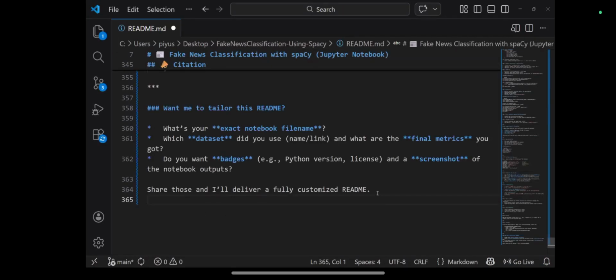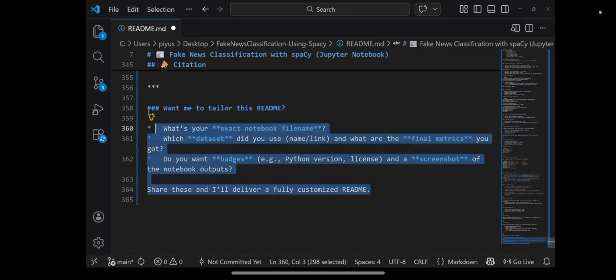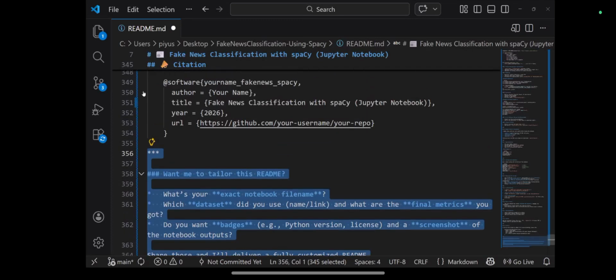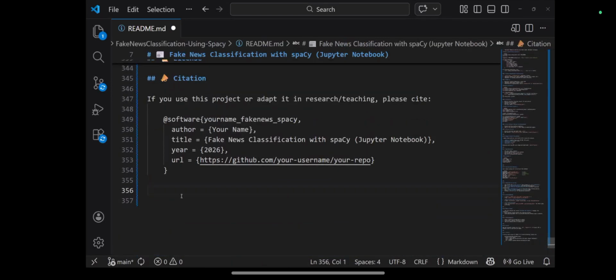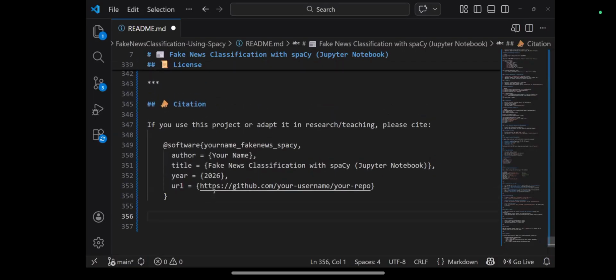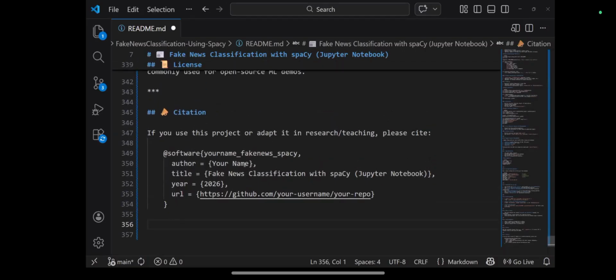Now, whenever you're using any GenAI tool, remember to remove this thing. These things are not required. Just remember to remove these things. All right. Citation, if you want, you can add.